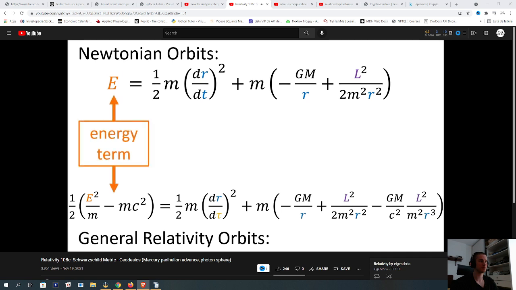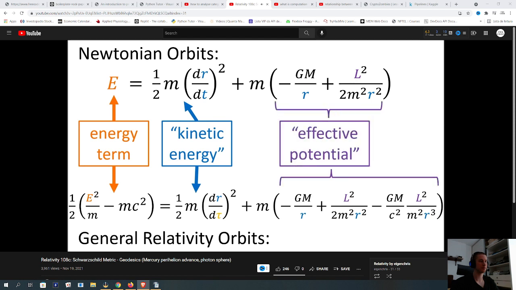have a constant term on the left-hand side that's related to energy. The general relativity energy term looks more complicated, but the important thing is that it's constant. We also have an r derivative term that's like kinetic energy, and several terms that depend on r, which are like the effective potential. The Newtonian and general relativity effective potentials are the exact same, except for a term involving